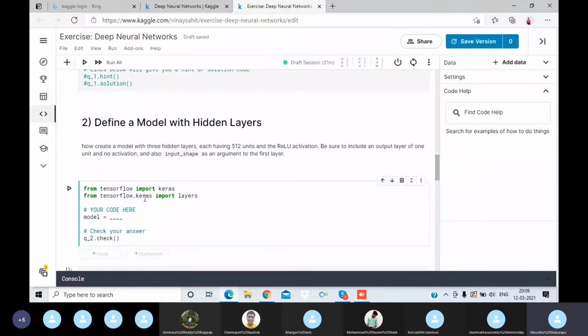Now we need to import Keras from TensorFlow, and the model we need to construct. Start Sequential.